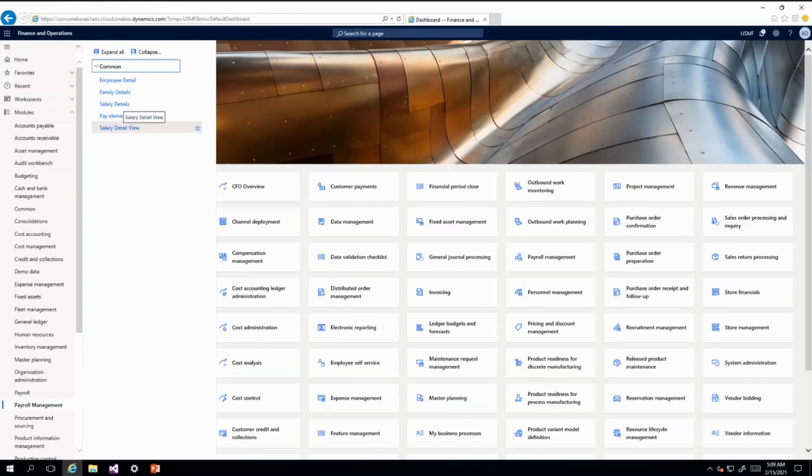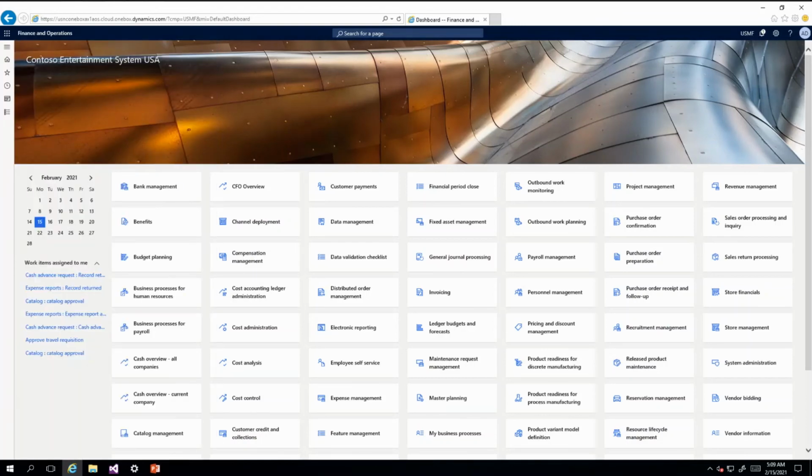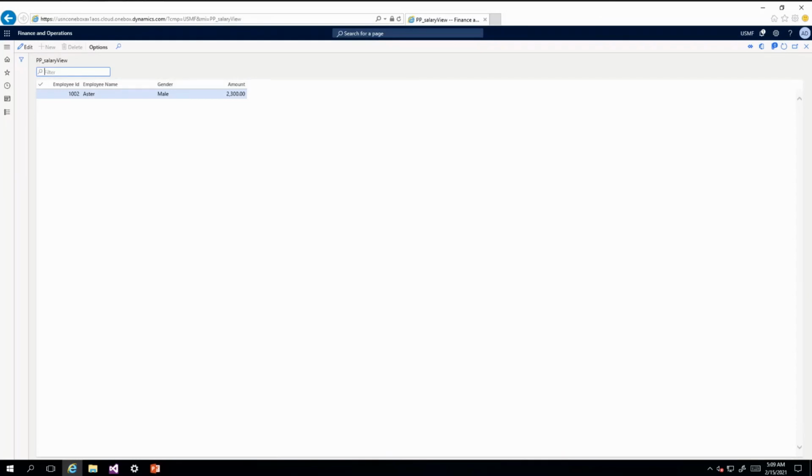If I click it, we should be able to see our desired result. See now. So we got our record, the employee ID, the name, the gender, and this. These first three fields are from EMPL table, and this field is from salary table, and that is also the sum of all the records available in that table corresponding to this employee ID.